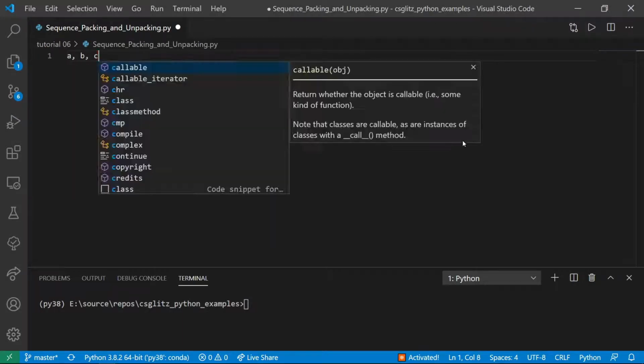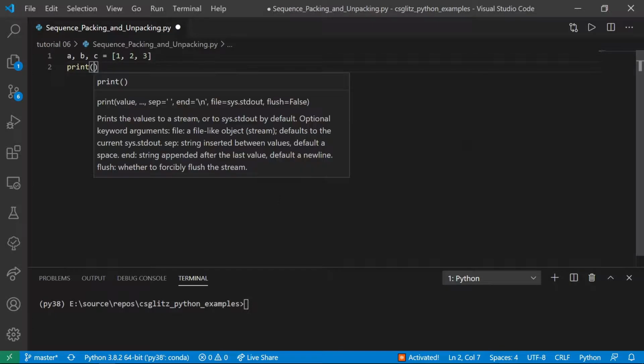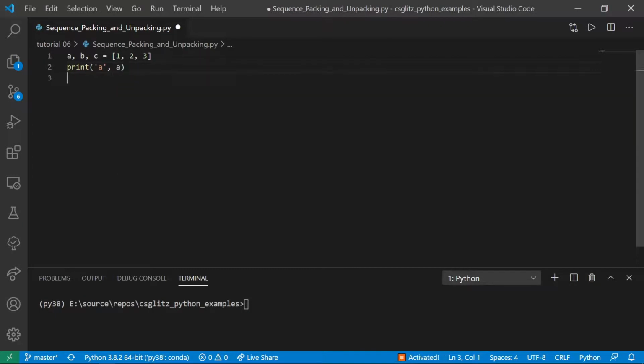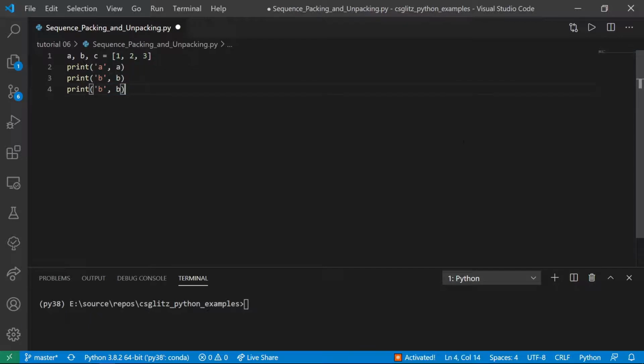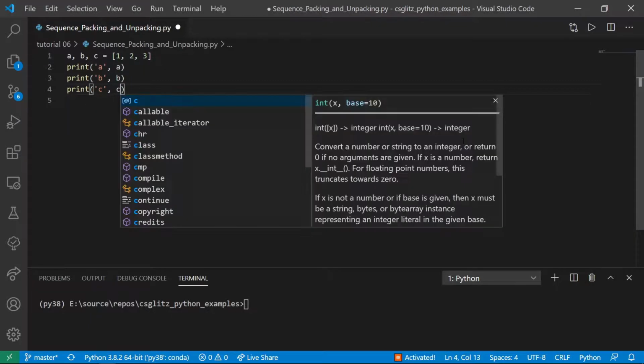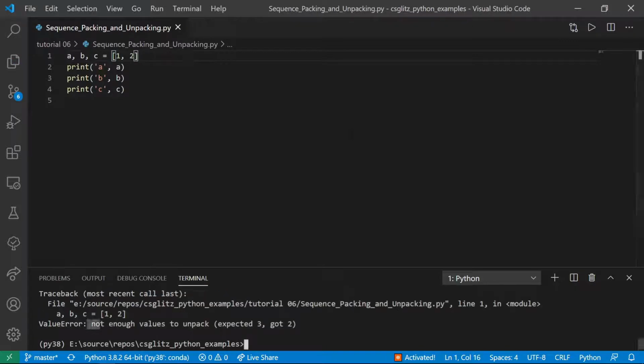Sometimes we want to assign values from a list to multiple variables, which is called unpacking of a list. For unpacking, we need to have the same number of variables as the items in the list, neither less nor more.